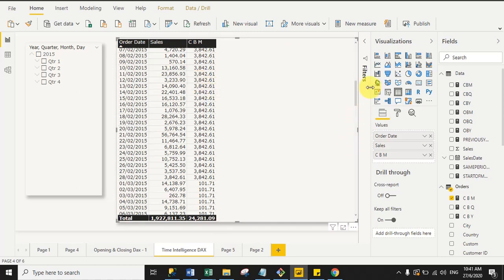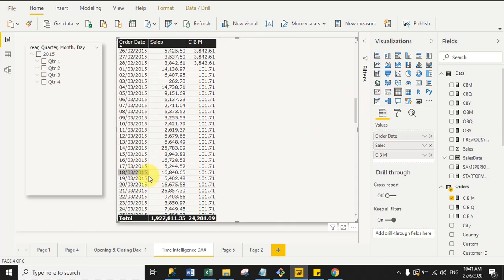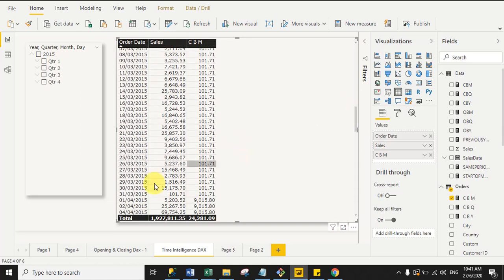Now move to March. So for March, March ends with 31, right? So you know very well in March we have 31 days and the 31 March 2015 sale is 101.71. So that's why it is returning the same value against the whole March month. So hope you are clear how closing balance month works, right? Now move to the next.